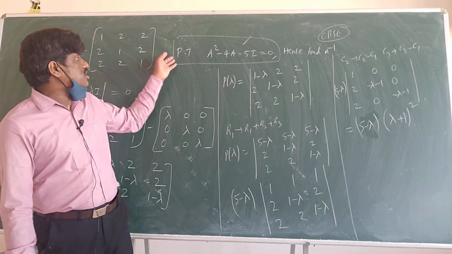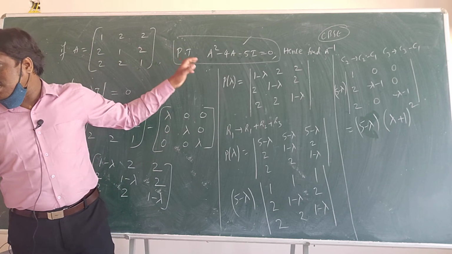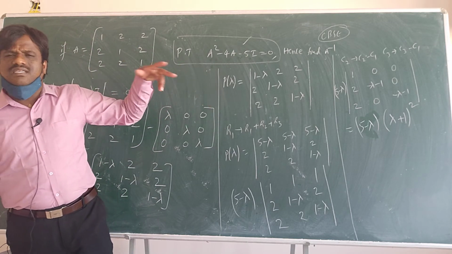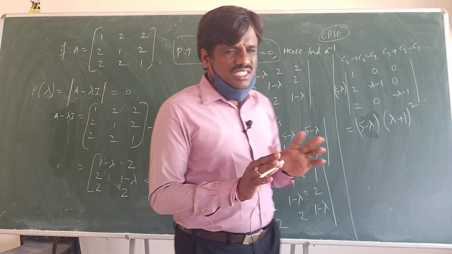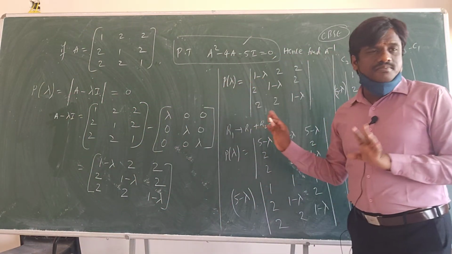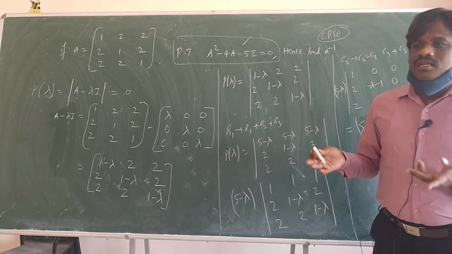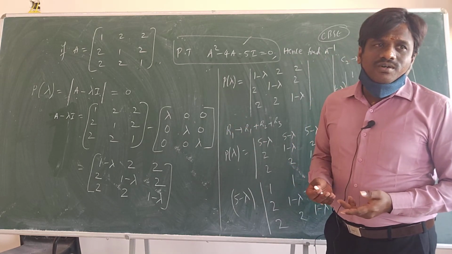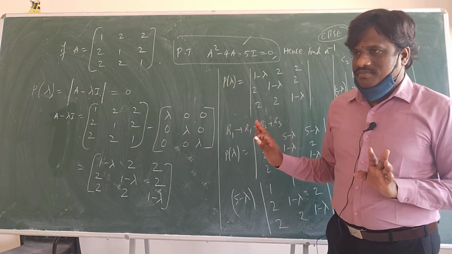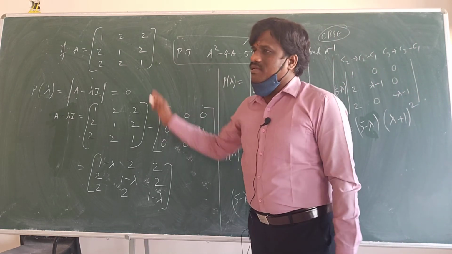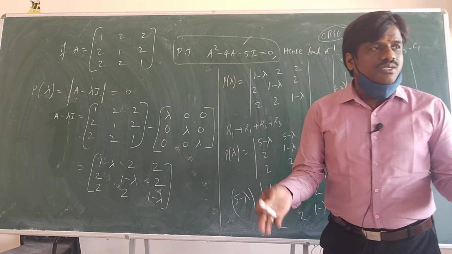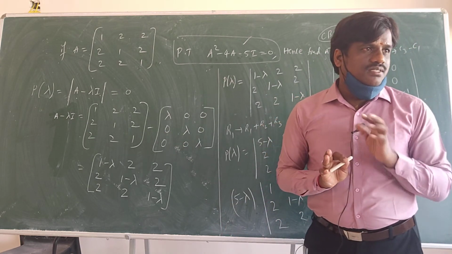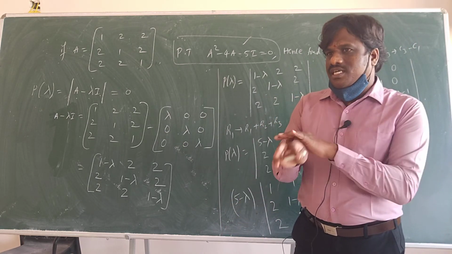Suppose they are asking a question and they give a matrix and they ask which equation is satisfied. There are 2 methods. See, such silly questions they won't ask in JEE, to be frank. The reason is you will have 4 options. What will you do? You will try to solve that. A square, anybody will do it. 4A, that we will do and you will check it. It means option wise you will check. But when you are checking option wise, it takes a lot of time.